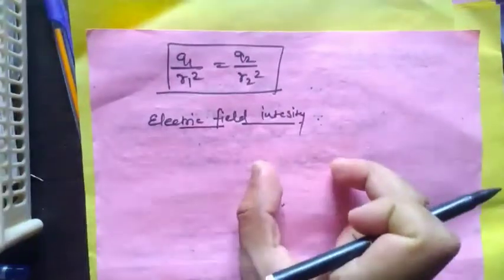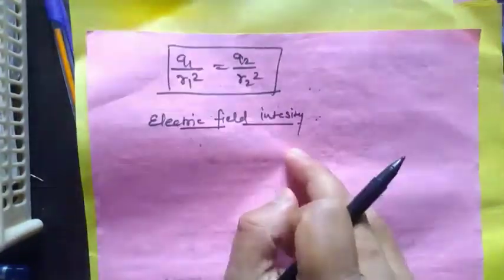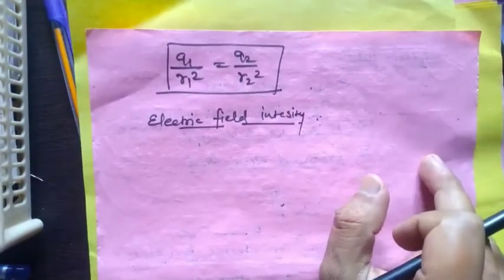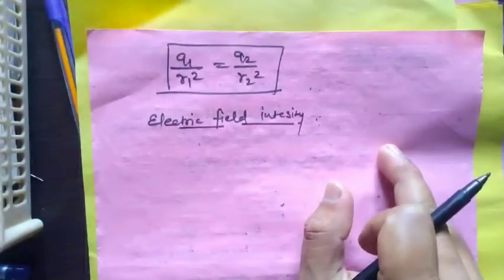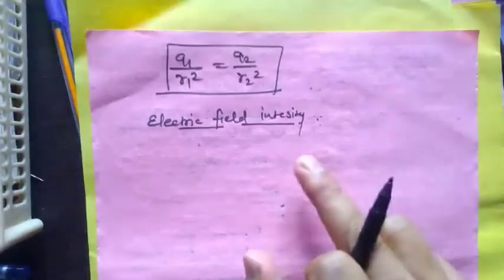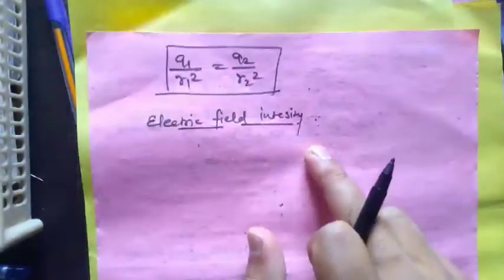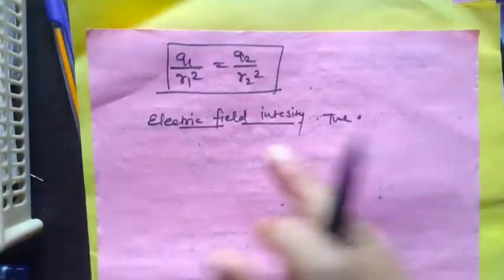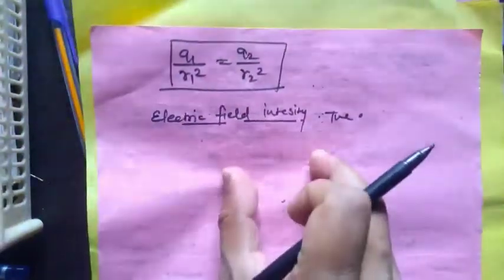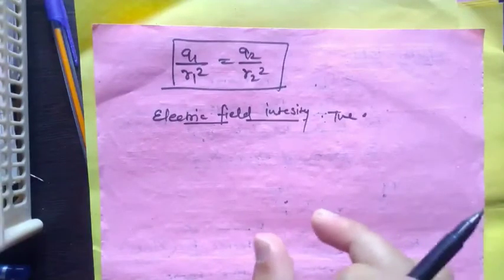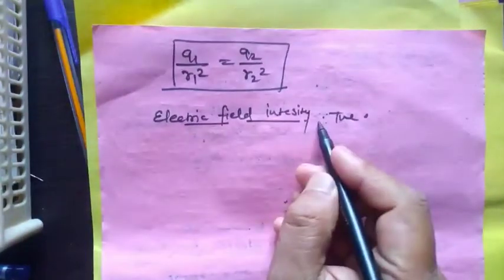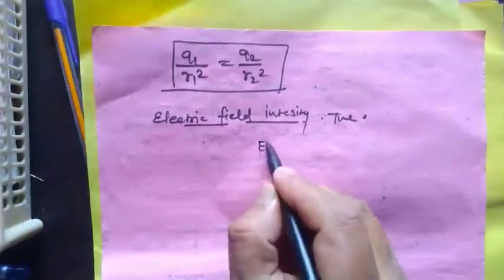As we know, if you have two charges, plus Q and plus Q0, one is the source charge and the other is the test charge, which tests the presence of the electric field and which produces the electric field. Then the electric field intensity is defined as the strength of the electric field, or we can say the strength of the electric field is called electric field intensity. It is denoted by E,